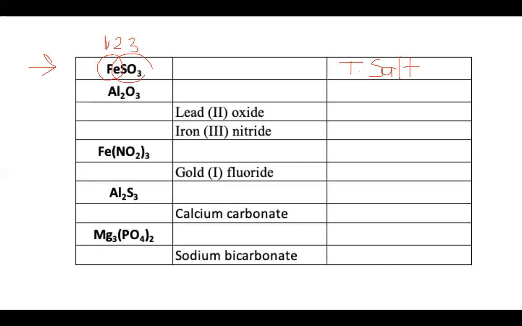How do we name tertiary salts? First, we name the metal, in this case it will be iron, okay? Since iron is a transition element, we have to write a charge in parentheses. But before writing charges, let's write the name of the polyatomic ion. SO3 is sulfite, okay? What we have missing is the charge that goes here in parentheses with Roman numbers,